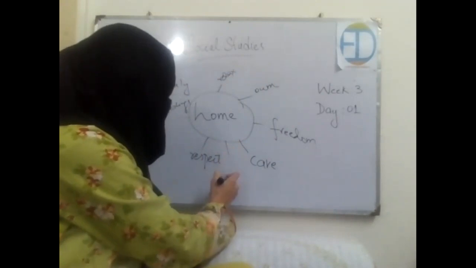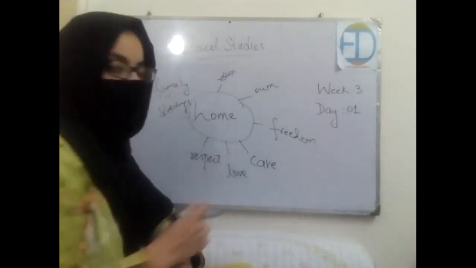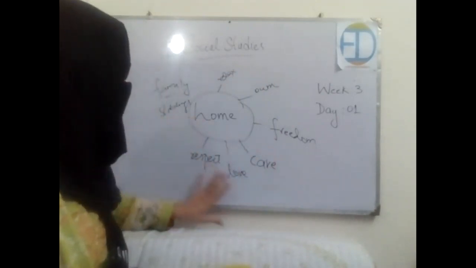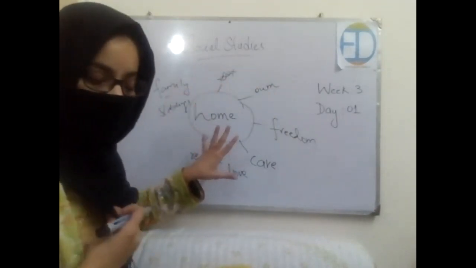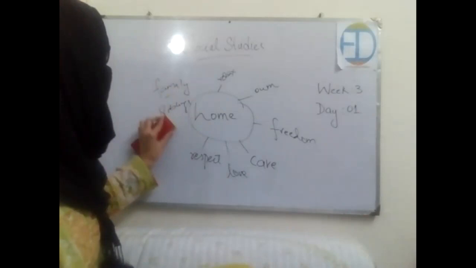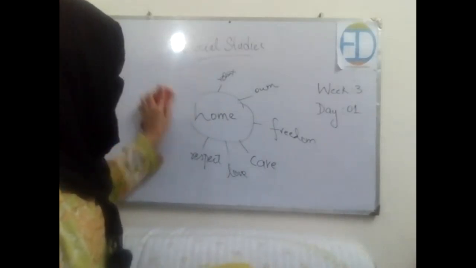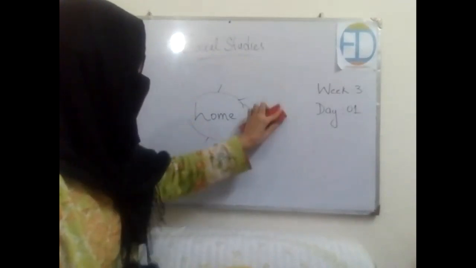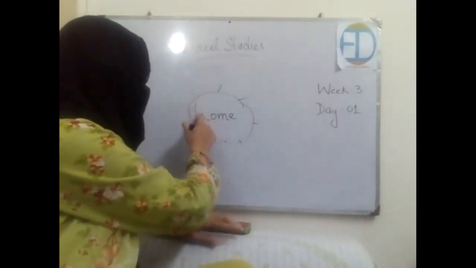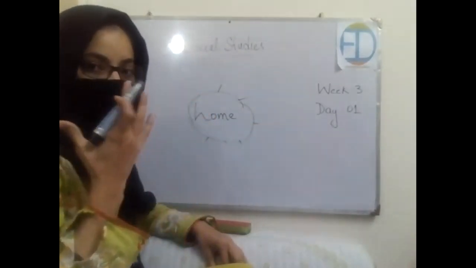Well, we talked about respect, so let's talk about love as well. These are the feelings which are related to this word, right? Now let's talk about the characteristics or the parts of a house. If we talk about, let's say, my house, I would say that in my house there are three